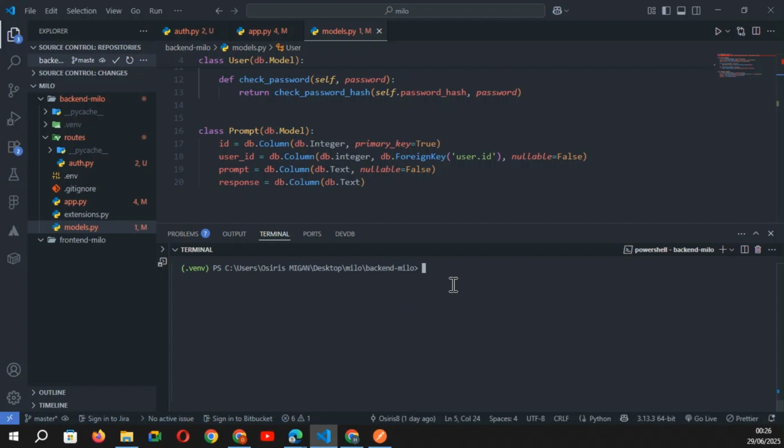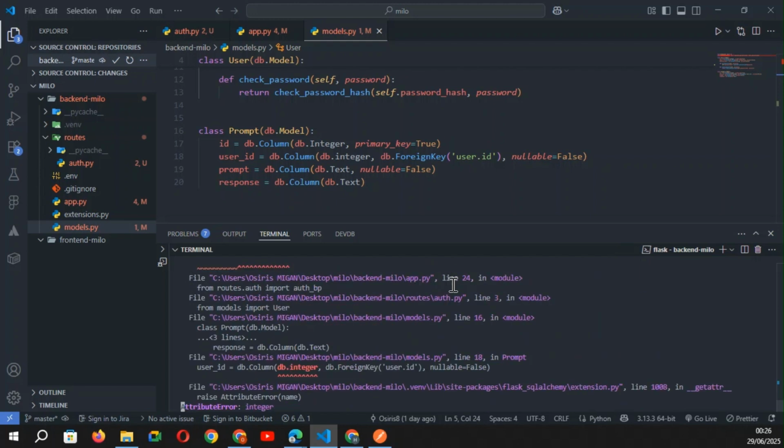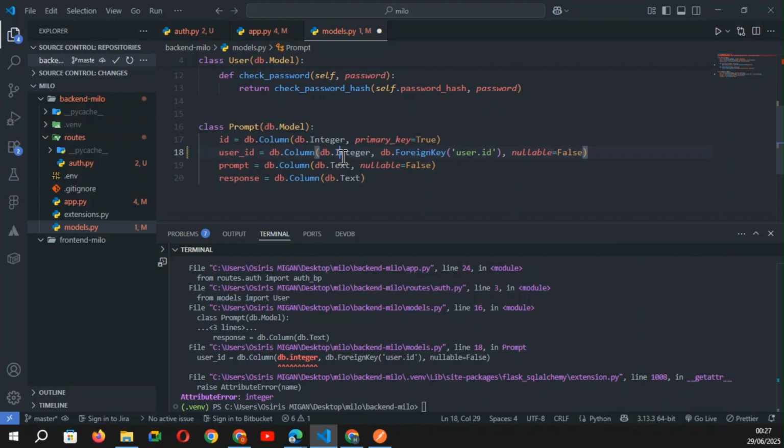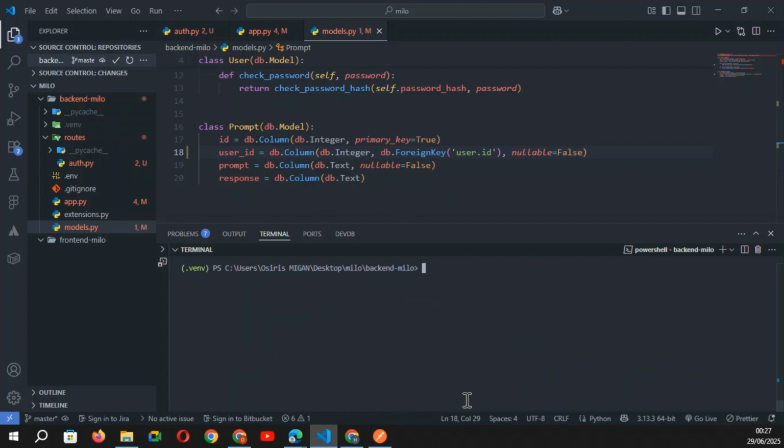So if I try to start my server again, okay, I have this error on user ID. So db.Integer. It is user ID, db.Column in here, Integer. If I save and try to start the server again,